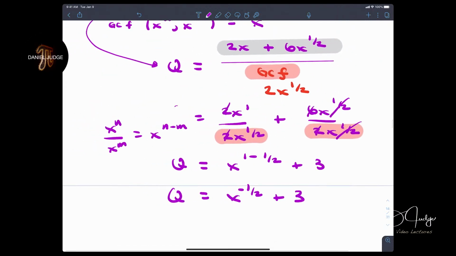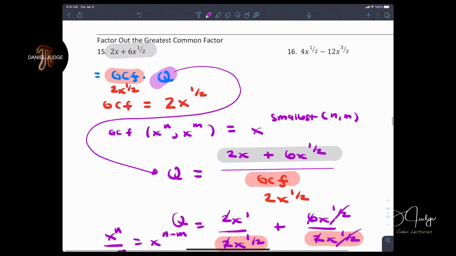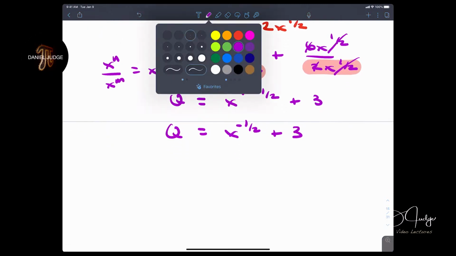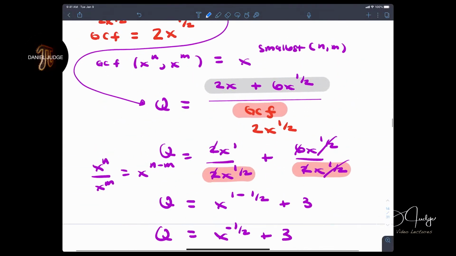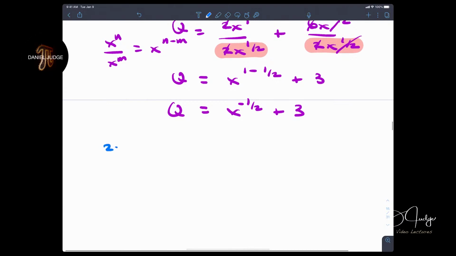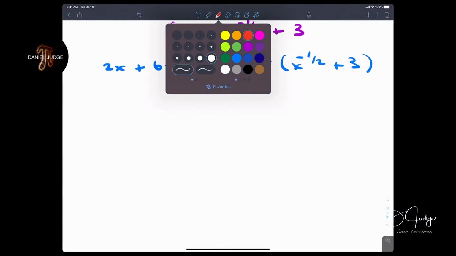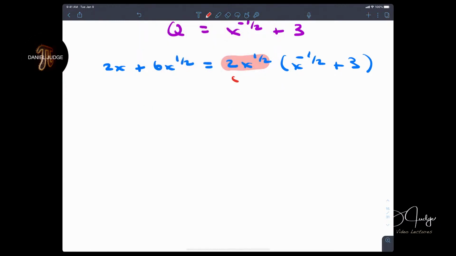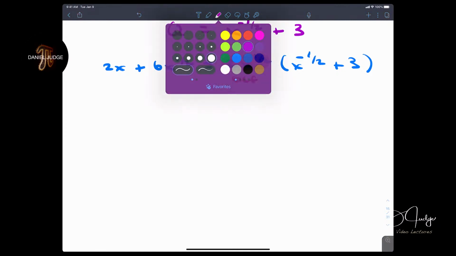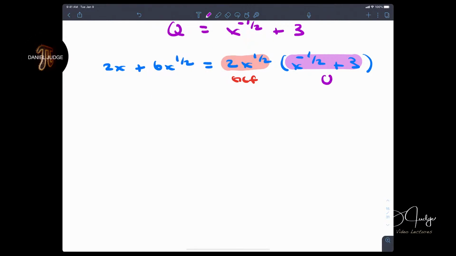Okay, so here's that quotient now. So what I'm going to do now is bring this down here. Let me write this here for you. 2x plus 6x to the 1/2 is equal to 2x to the 1/2 times x to the minus 1/2 plus 3. Now, in some sense, you're done, because you have here, again, the greatest common factor, and then over here, you have a quotient. So now we can say 2x to the 1/2